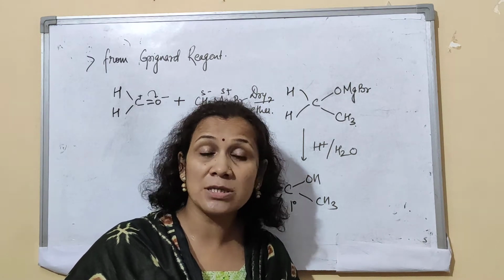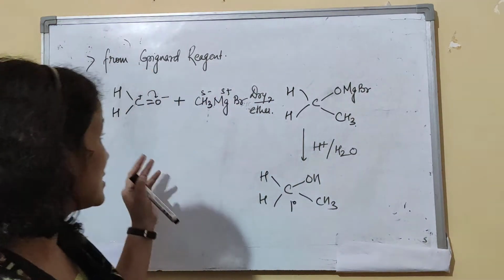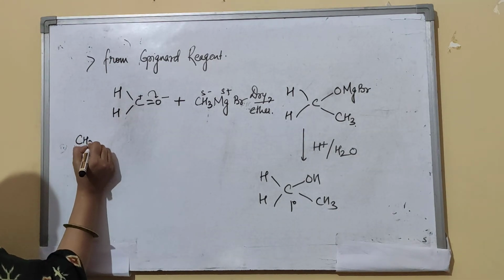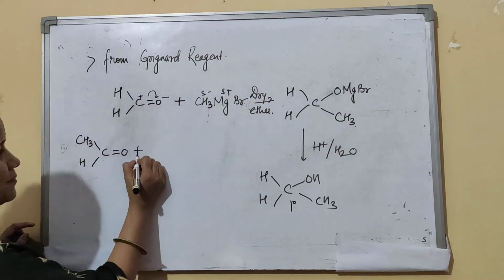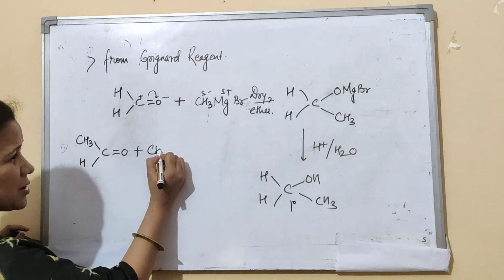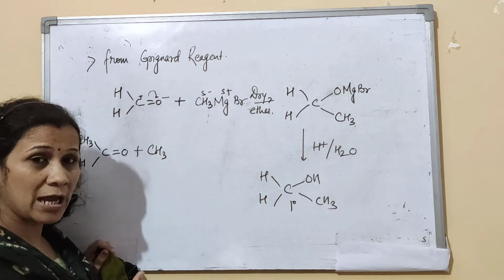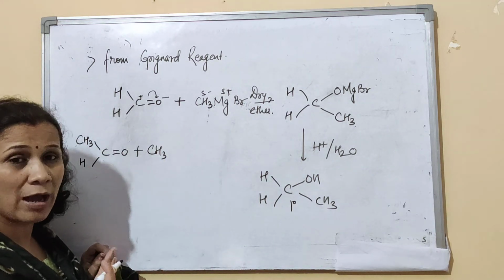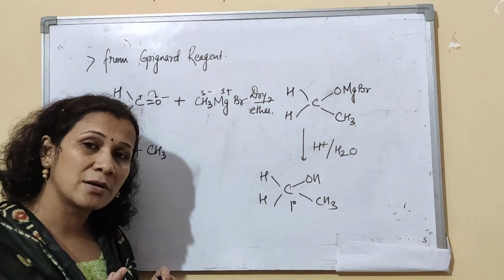If you want to increase the number of carbon atoms, this reaction is very helpful. Coming to the next, instead of this, if I take acetaldehyde, let's write it here so that we can compare. CH3CHO plus any Grignard reagent. Now this Grignard reagent is very important in conversions. If you want to make a phenyl ring, choose an appropriate Grignard reagent. Whatever you want to have in the final product, you have to choose an appropriate Grignard reagent.